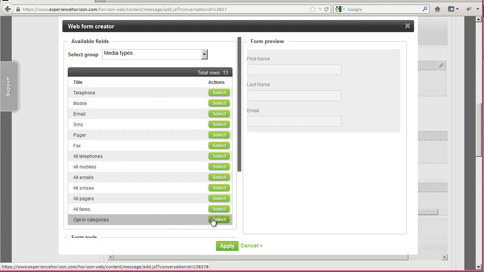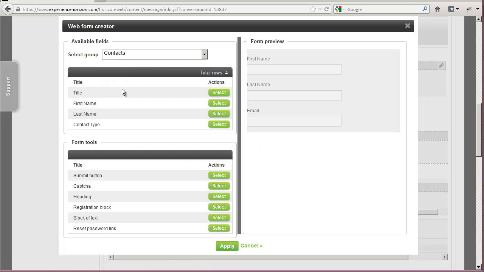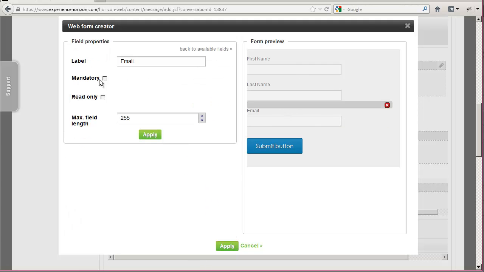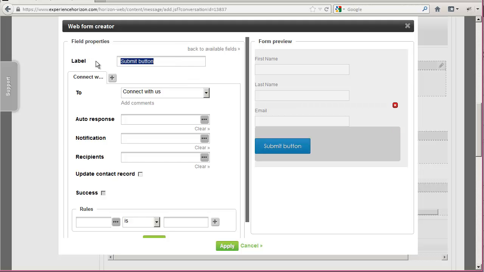We've got opt-in categories here, so again, if this was a sign-up form for a newsletter, you might want to pull on opt-in categories. Let's just remove that one for now. And we've got things like our submit button. So, okay, what we can do here, we can make email a mandatory field. So let's just click on email, tick mandatory there. Click apply, and on our submit button, let's change the label of that to something like sign up,